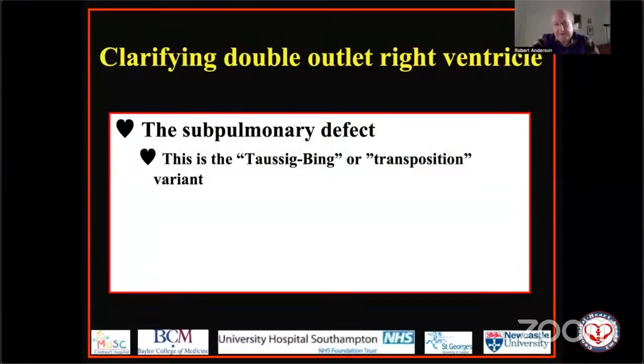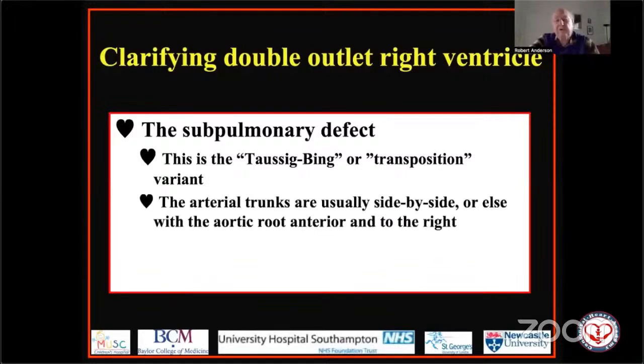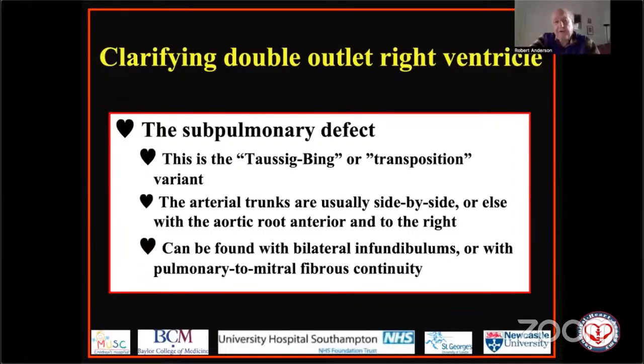So then we have to look at the other variants. And the second commonest variant, rather than the one you've seen just a moment ago, the juxta-arterial defect, is the subpulmonary defect. And this, of course, is the Taussig-Bing heart. It's part of a spectrum that leads to transposition or discordant ventricular arterial connections. And here, the arterial trunks are usually side by side, or else the aortic root is anterior and marginally to the right. As you're going to see, they can be found with bilateral infundibulums or with pulmonary to mitral fibrous